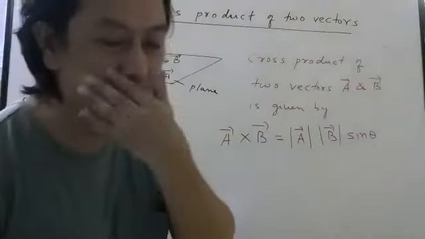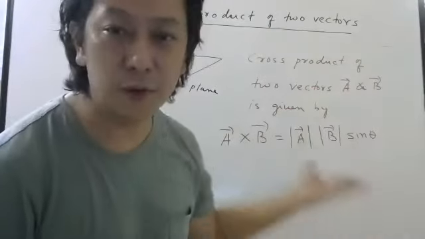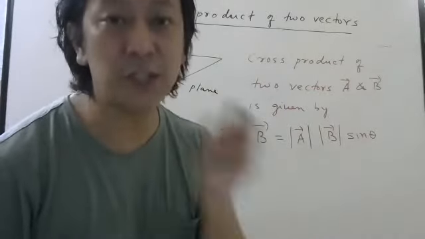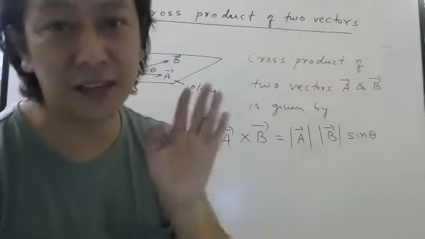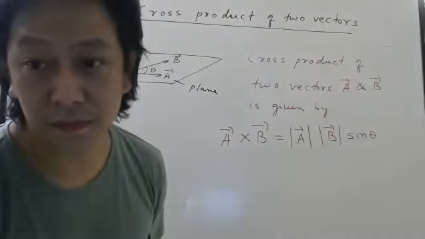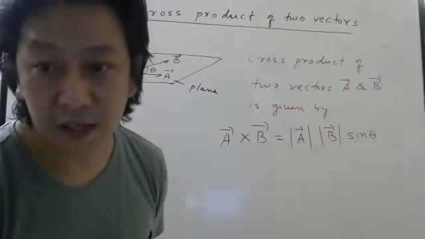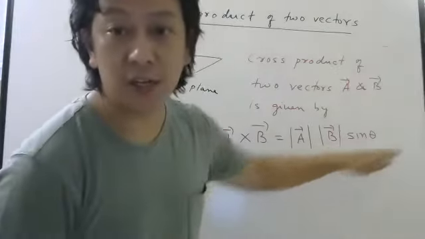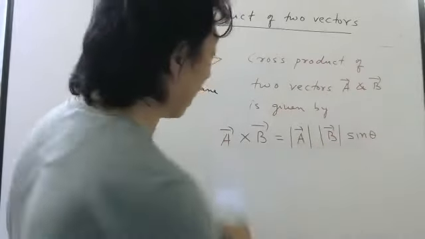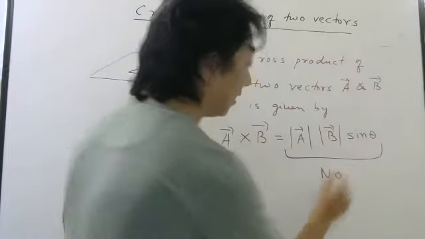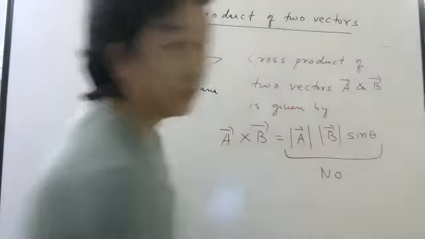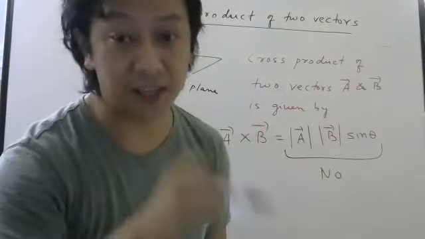And don't worry, as we do more and more physics, as I told you, in second PU you will use this extensively. So these are the tools of mathematics which we need in physics. Please think that way. If I stop here, it is not correct. Why is it not correct? Because this is a number, this is a number, this is a number. So this will also be a number. But just now I told you, after taking the cross product, whatever you get should also be a vector.